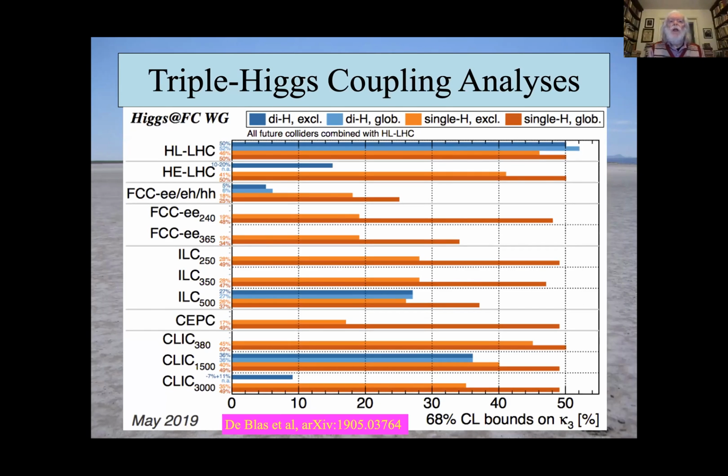So this is a compilation from Di Micco et al. That shows you the prospective sensitivities to the Triple-Higgs coupling in various different projects, starting off with a high luminosity LHC at the top, which might give you, say, something like a 50% measurement, FCC EE or CEPC, which we just saw, and going down is also CEPC lower down there. So there are some prospects for measuring the Triple-Higgs coupling, but an accurate measurement is quite some way in the future, and I'll return to that point later on.